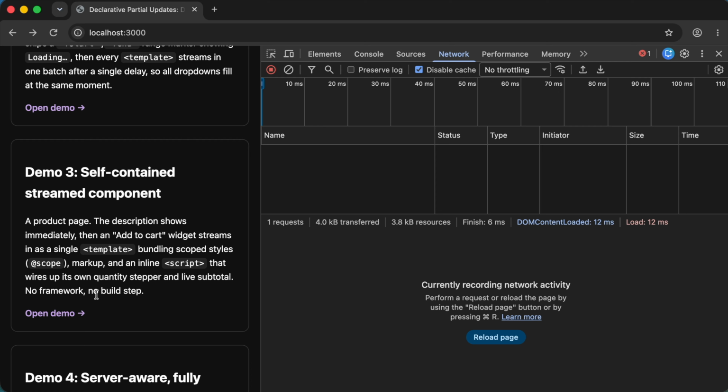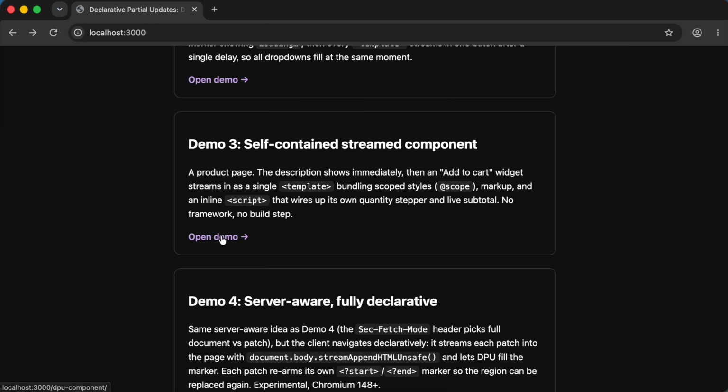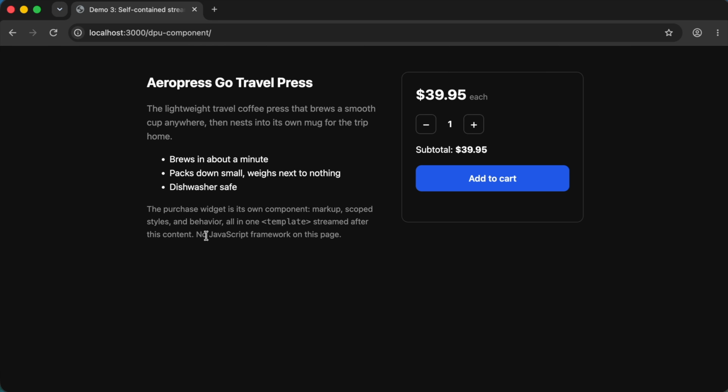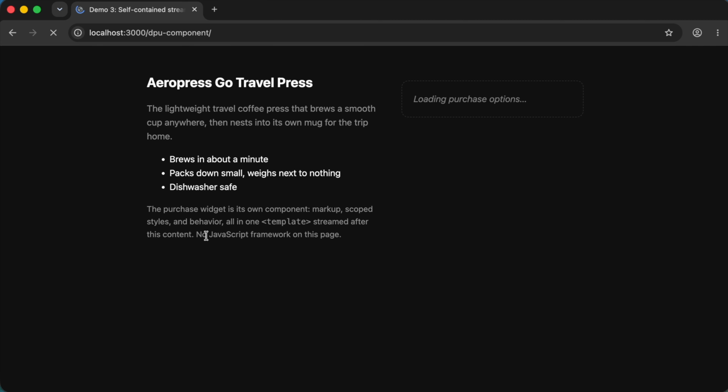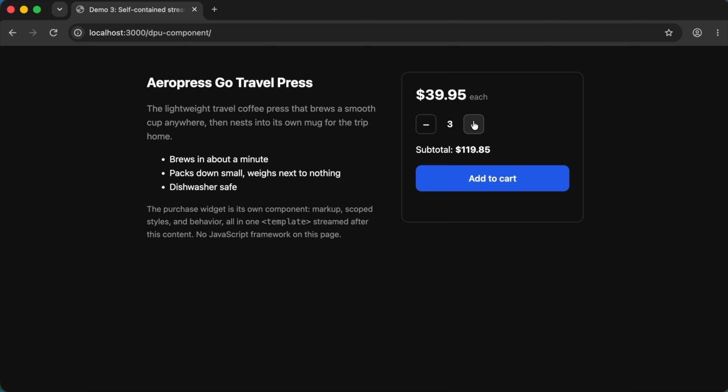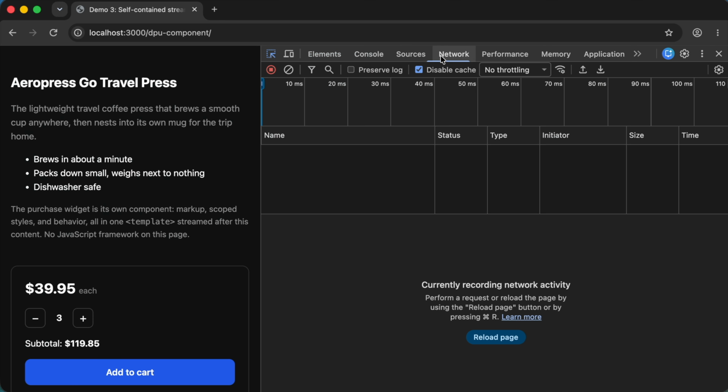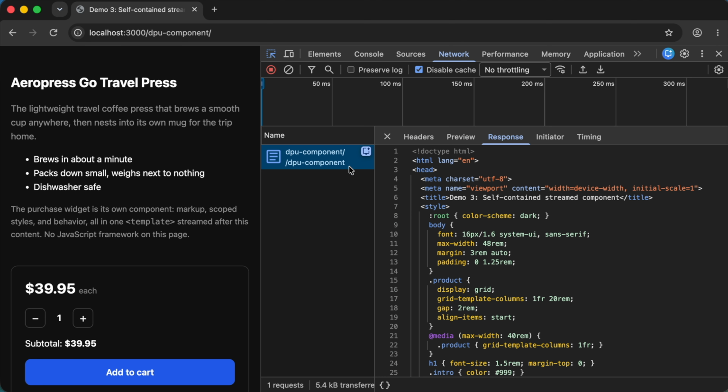Here we get really into experimentation zone. I've been experimenting with this for just 2 weeks, so this is really new. Check the pinned comments. Maybe there are some corrections later on that I'm gonna post. But take a look, reload, loading purchasing options, and we have here plus, minus, add to cart. Okay, and what's interesting here, take a look, reload again is just one element,